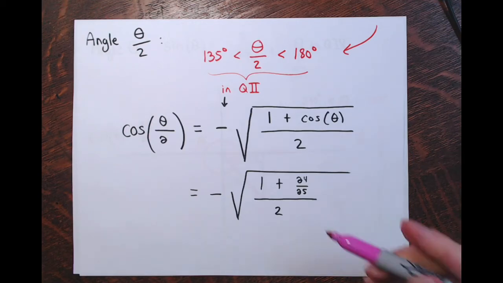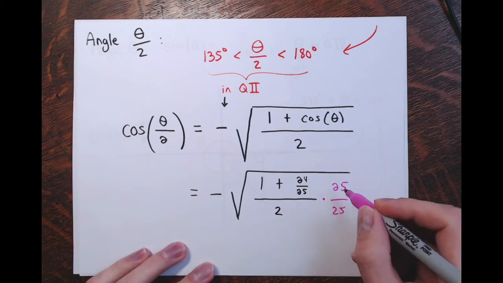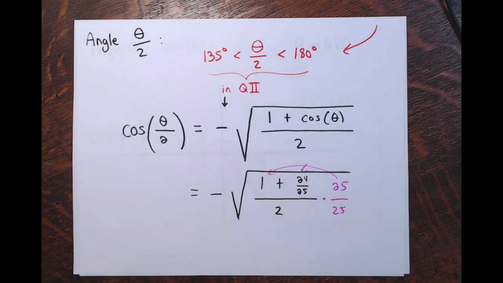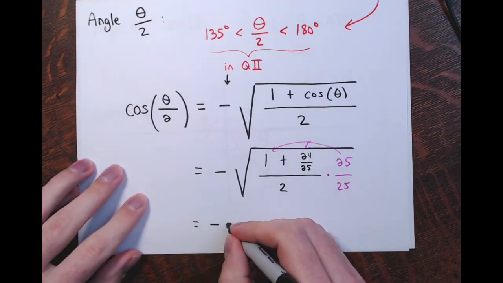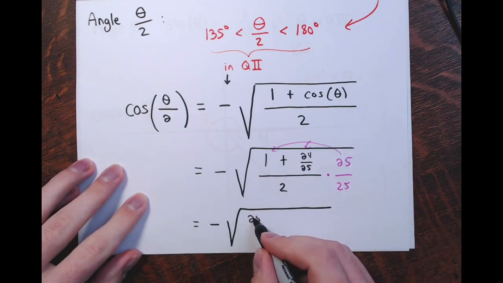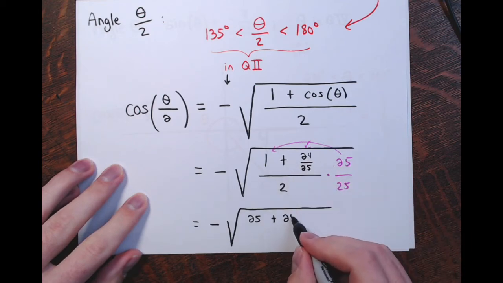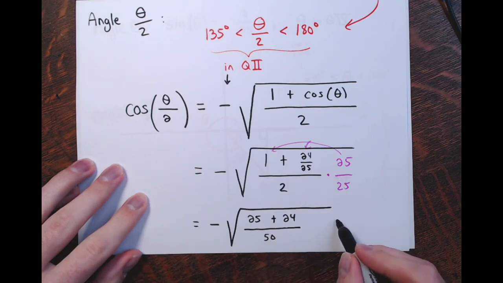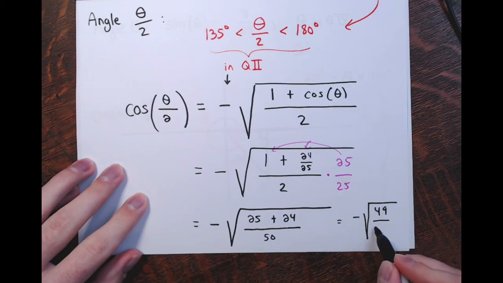And again, a crazy complex fraction here. I want to get rid of this 25, so I'm going to multiply the top by 25 and the bottom by 25. Now there are 2 terms up top, so I need to distribute the 25. And that gives me the following. We have negative square root. Now the 25 times 1 is 25, plus 25 times 24/25, the 25s cancel, and I got 24, divided by 2 times 25, which is 50. I'm getting negative square root of 49/50,